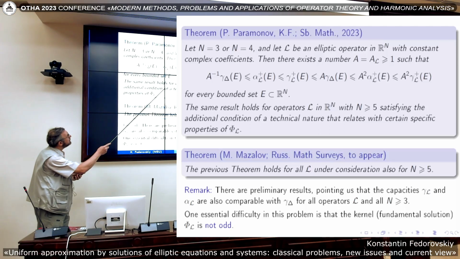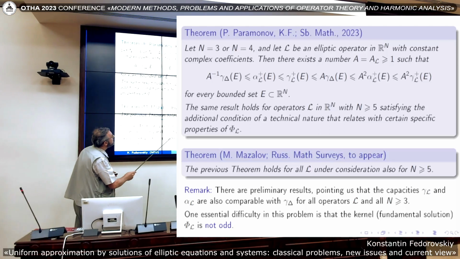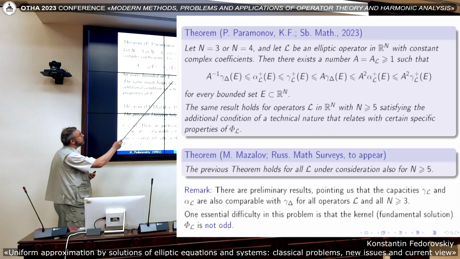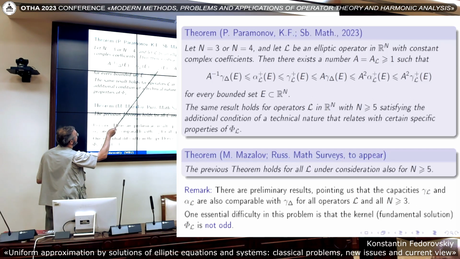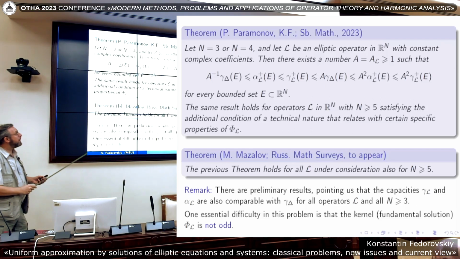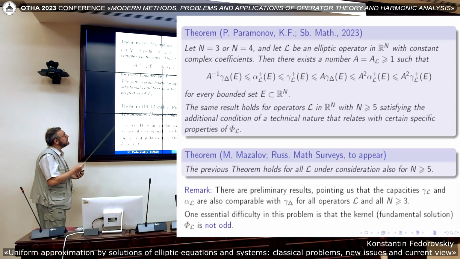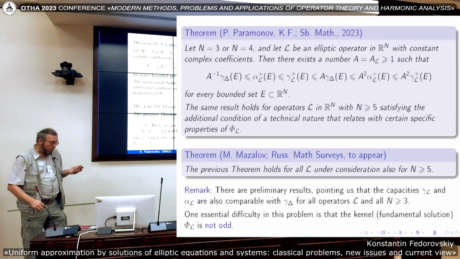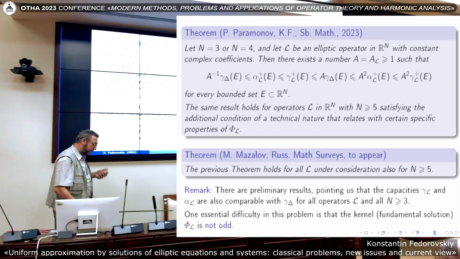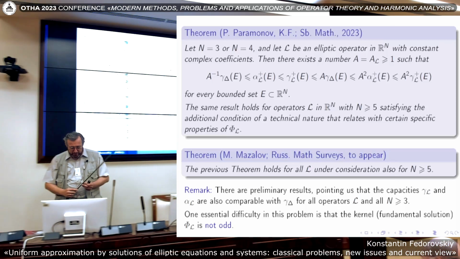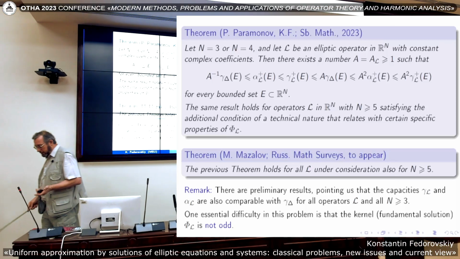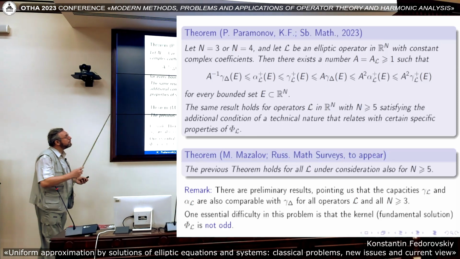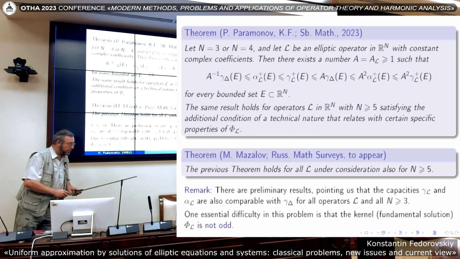So now this is the result valid for all dimensions: the capacity gamma L plus is comparable with the harmonic capacity in the corresponding dimension, so this capacity is also described in terms of, for example, transfinite diameter in the corresponding dimension, and of course semi-additive, which is very important for approximation